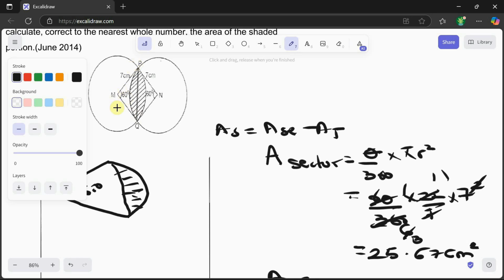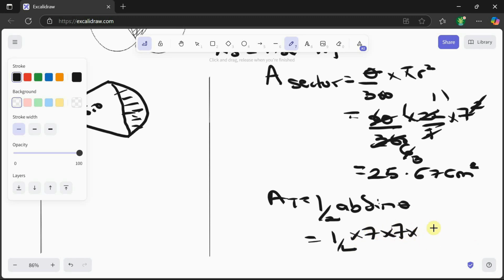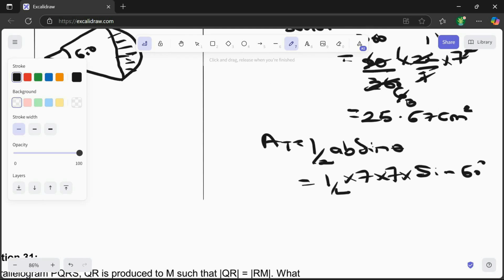With this 7 and 7, we have an angle between them of 60 degrees, so that will be half AB sine theta, which will be half times 7 times 7 times sine 60 degrees. So that will be 7 times 7 times sine 60 degrees divided by 2. That will give me